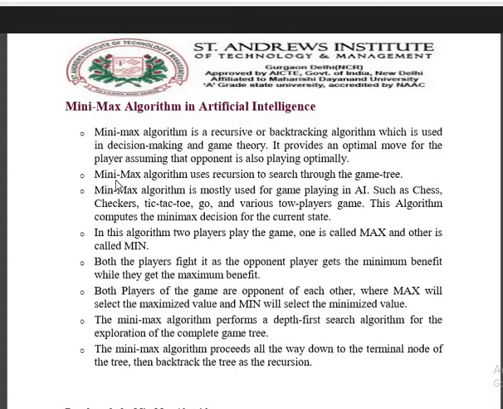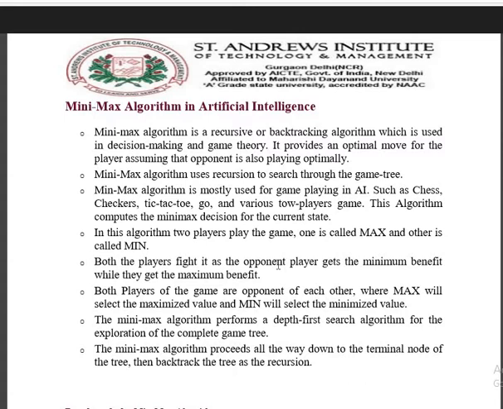So moreover we will focus on the part of backtracking, which is a recursive algorithm that is also used in good decision making and game theory. It provides an optimal move for the player, assuming the opponent is also playing the game optimally, and a fair game can also be constructed and formulated. The min-max algorithm uses the recursive search of the game tree. The min-max algorithm is the most used for playing strategy games like chess,